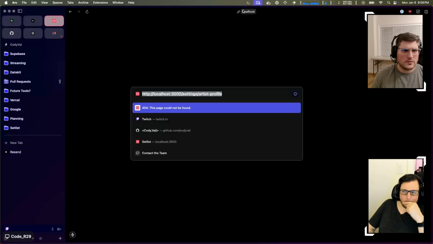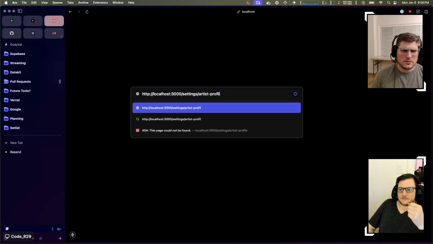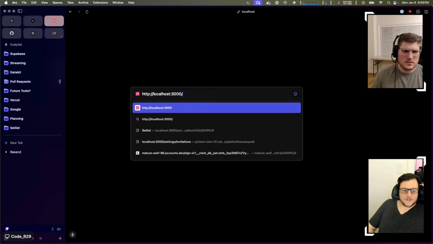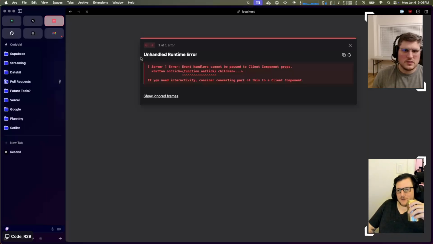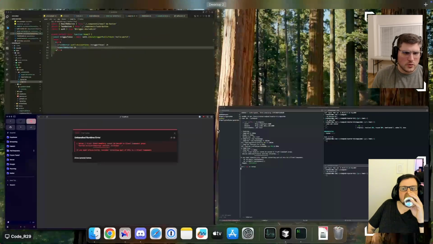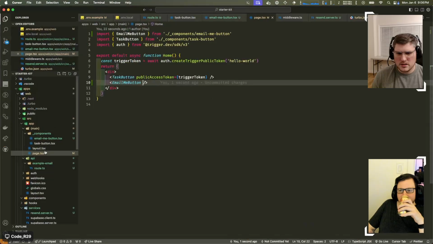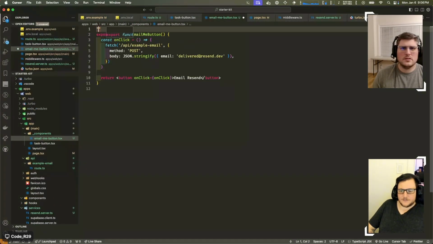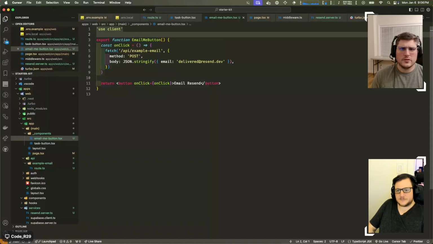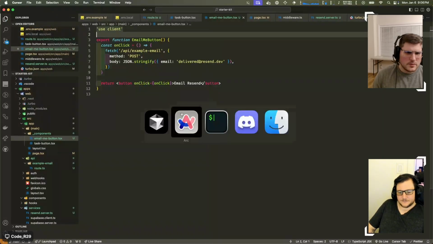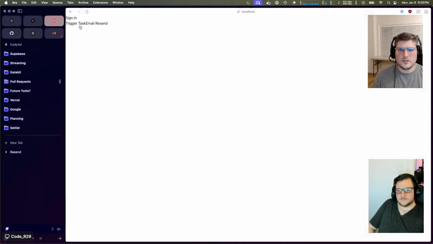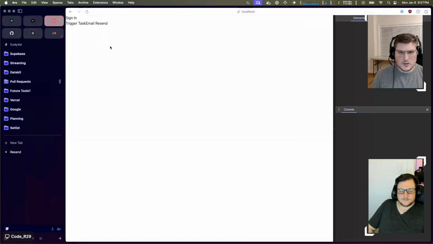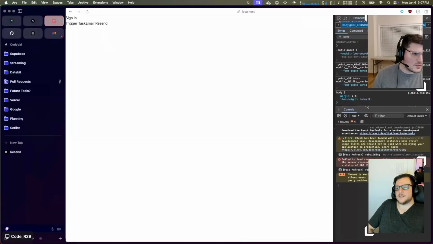Oh, 404 not found. Oh, what the heck? Somebody was working on setlist. Oh, yes, we have to make that a client component. Perfect. There we go. Definitely going to have to do some styling to this. Okay, so if I click this button, yeah. So what happens now? If you go into the Resend dashboard,